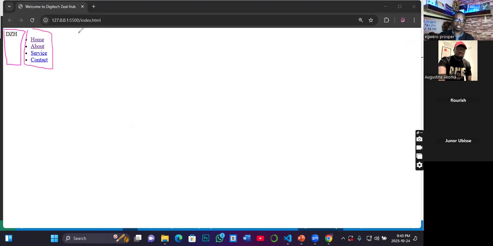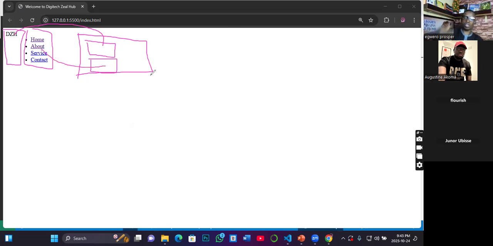But initially, they were all in one box. We were having something like this initially, the other was under it. But the moment you flex it,